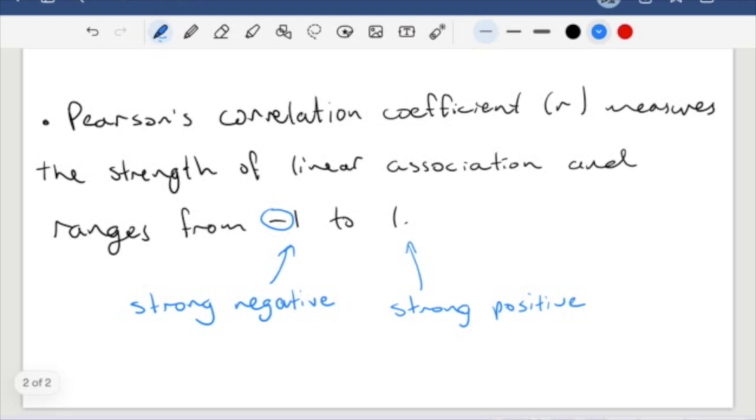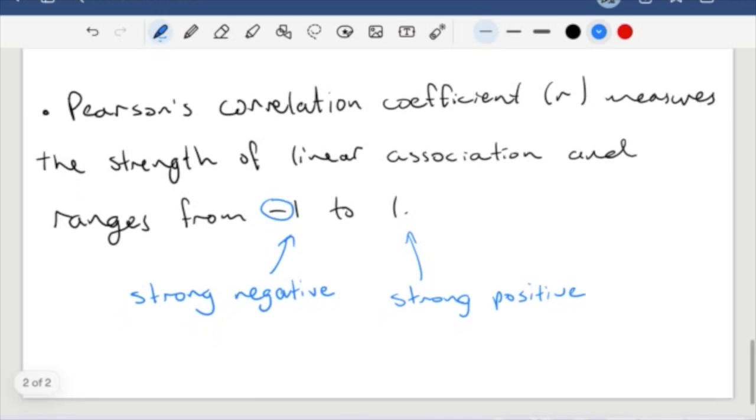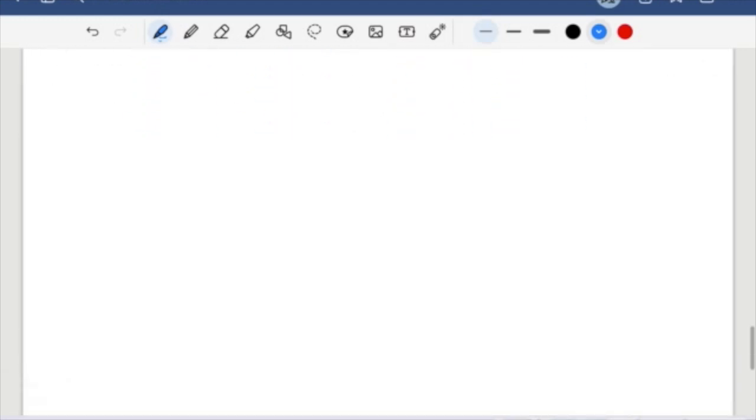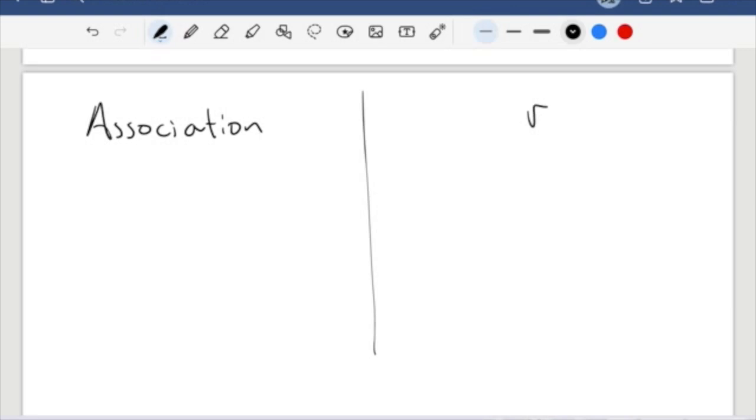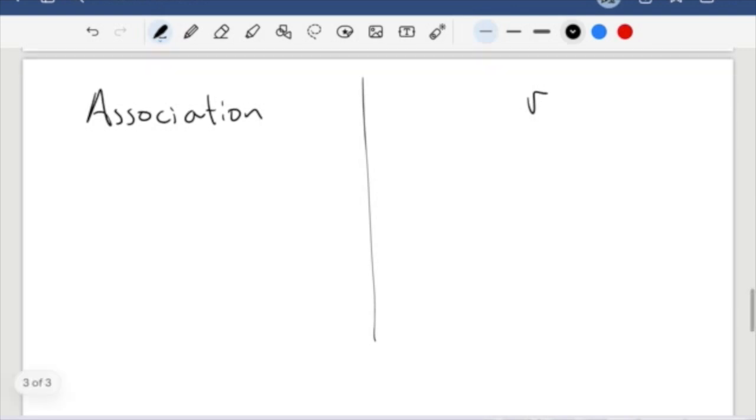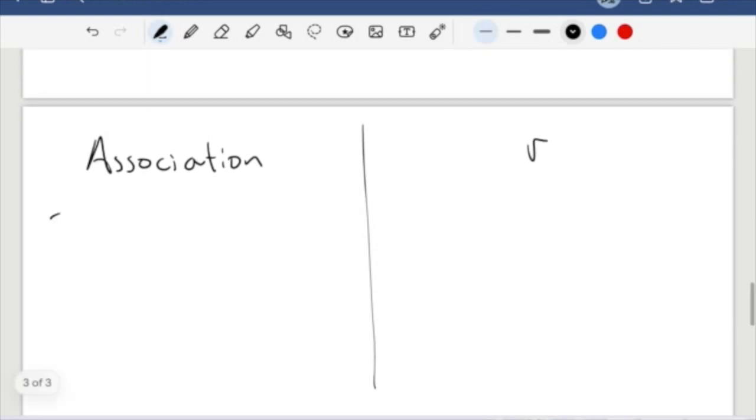Now, I can't show you how to generate this on your calculator because I don't have an emulator. Maybe that'll come up in a later video. We're just really discussing the concept here. But the associations can be categorized based on the Pearson's correlation coefficient. So I'm going to draw up a little table in this video. I'm going to have my association on the left-hand side and my R, my Pearson's correlation coefficient, on the other one. So in order to get a strong positive,